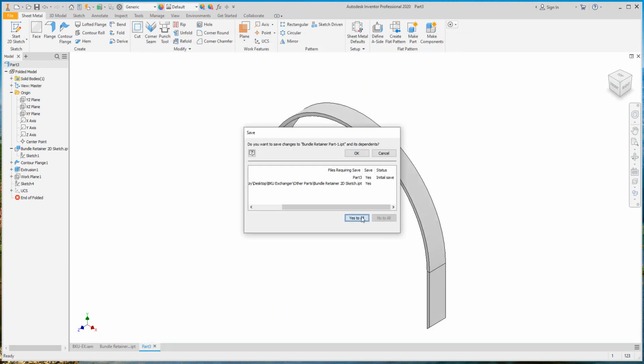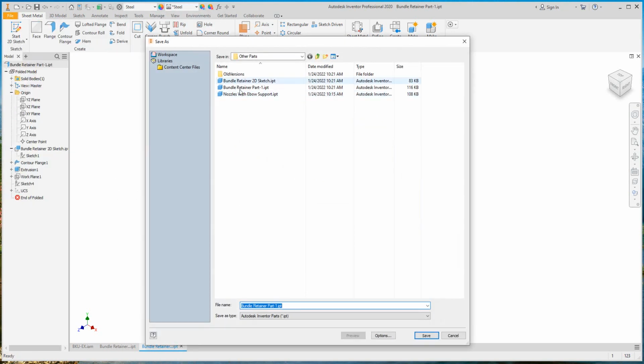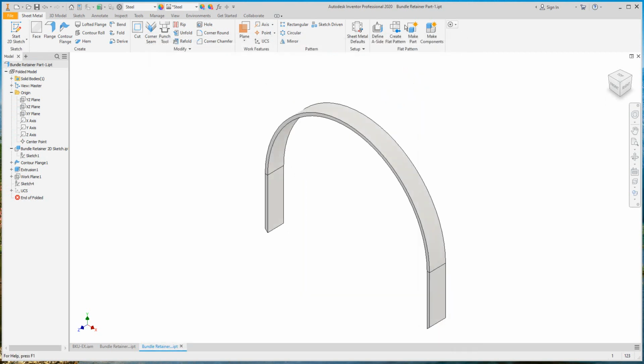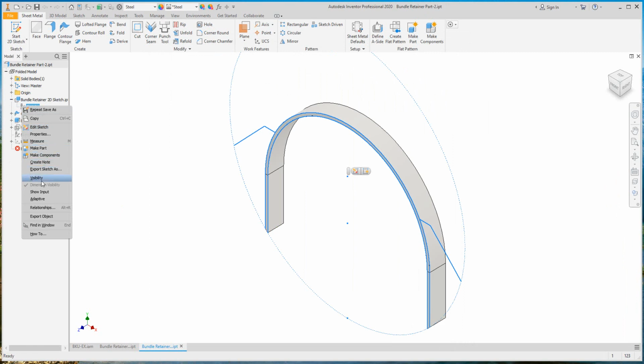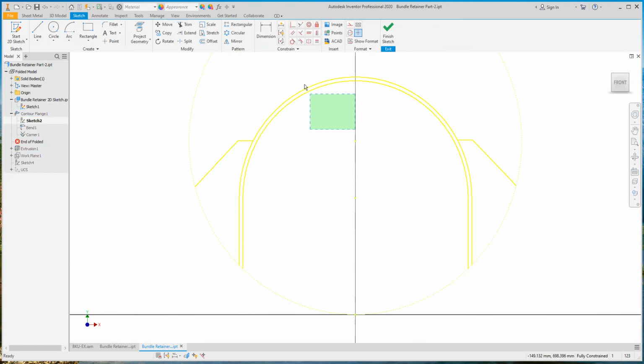Save this piece and make save as from it to change the material and the color. Okay, now let's save as part 2, to make the ribs. Okay, now we will make this sketch visible. Let's delete this feature, which is this flange,